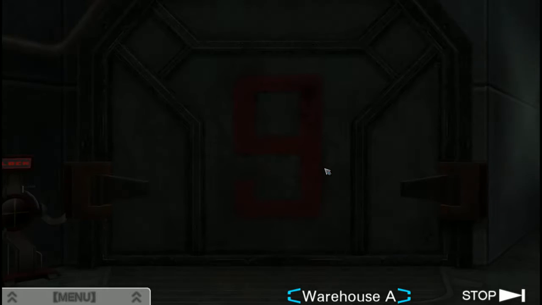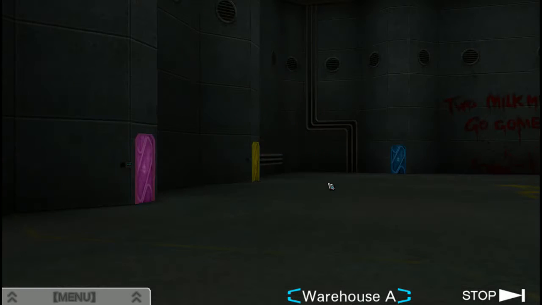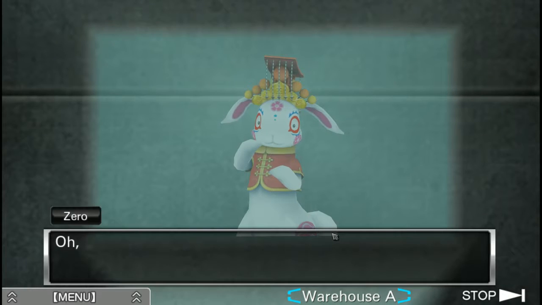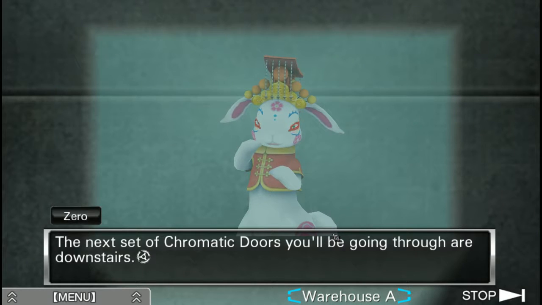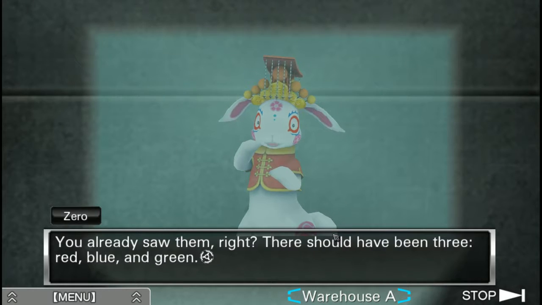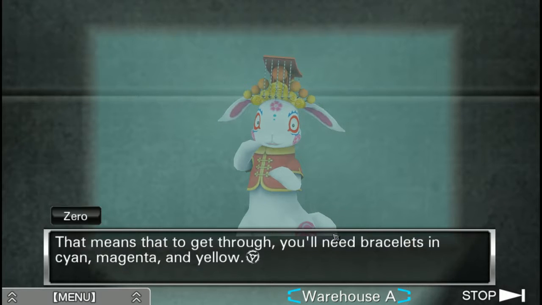Took a moment to go everything over my head. The next set of chromatic doors you'll be going through are downstairs. You already saw them, right? There should have been 3. Red, blue, and green. That means that to get through...